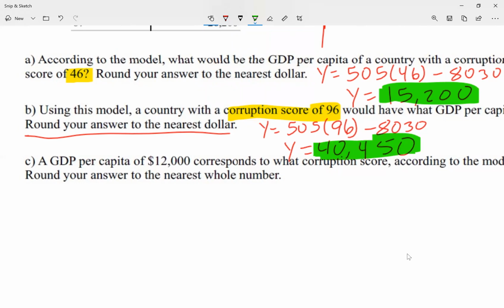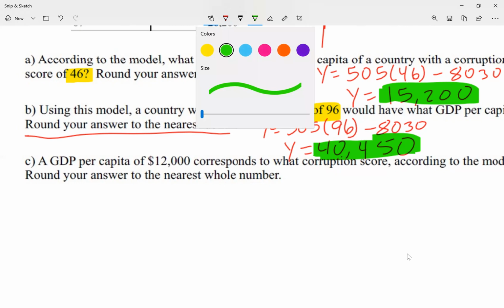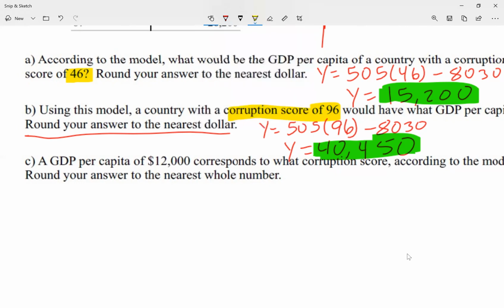40,450. Now my last question here says a GDP per capita of 12,000. Okay, so I see a number. Remember we said that GDP per capita was the Y value. And it even asks, corresponds to what corruption score. So we don't know the corruption score according to the model. So let me rewrite this as 12,000